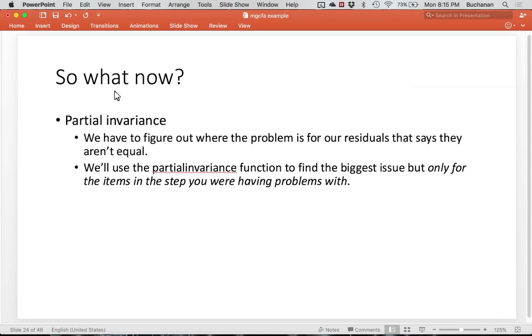So what now? Now we're going to do partial invariance. And to me, this is where semTools really shines, because the way to do this before, if you watch some of my old examples, took a little bit of work, and I think the way they've coded partial invariance is very nice. So what it's going to do is figure out which